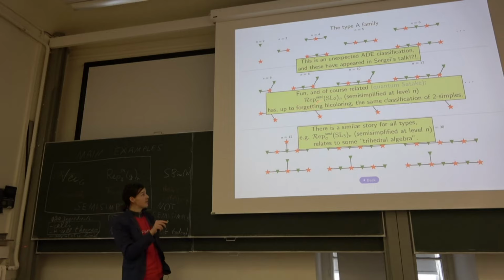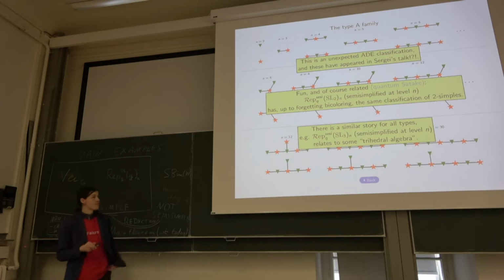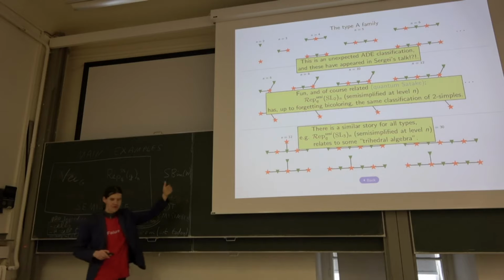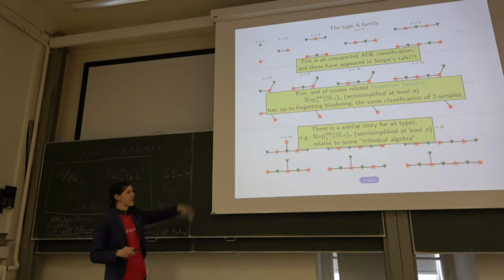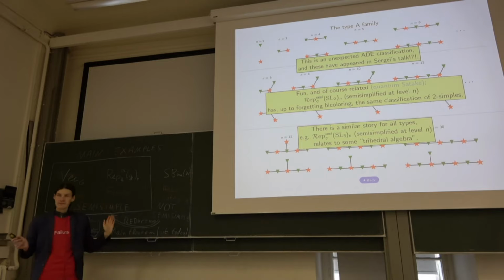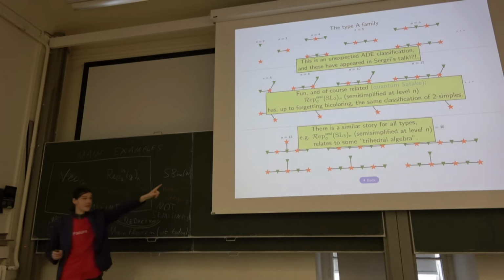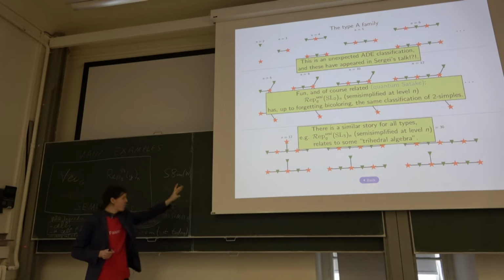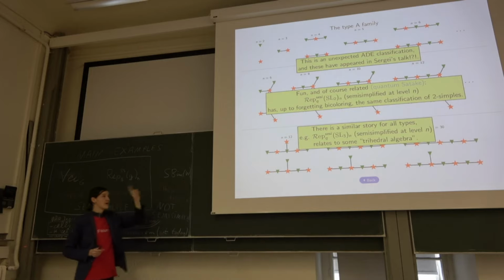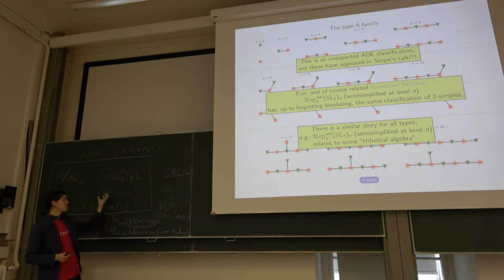The point is, those guys, and I can explain it later if you ask me, are really related to those fusion categories. So in some sense, the Dihedral group is a non-semi-simple version of the fusion categories, and they're connected by something called the quantum Satake, which I'm not going to explain. But it's basically the same story, and it turns out that this classification, which is already very hard for the Dihedral group, the way you do it is you reduce it to this case where you hit representations of SL2.